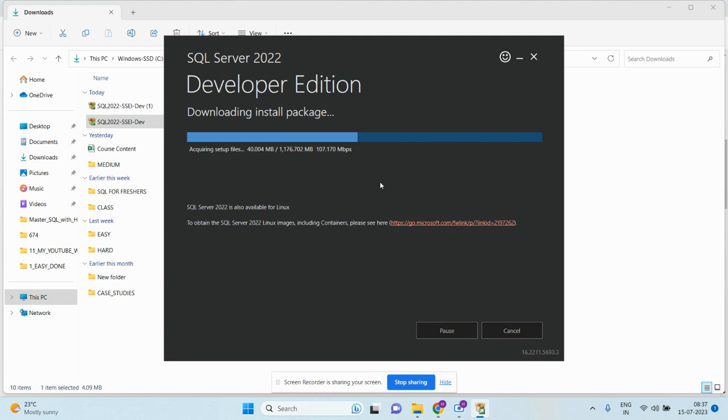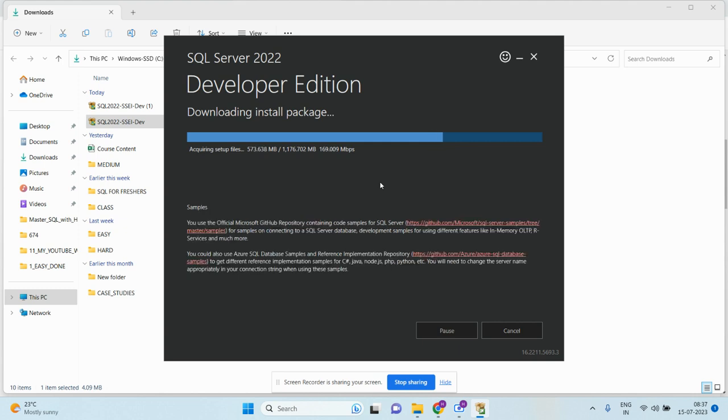Okay, it is downloading install packages. So, for this version of SQL Server, you must have Windows 10 or Windows 11 in your system,